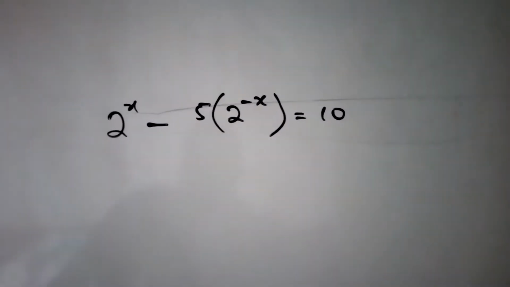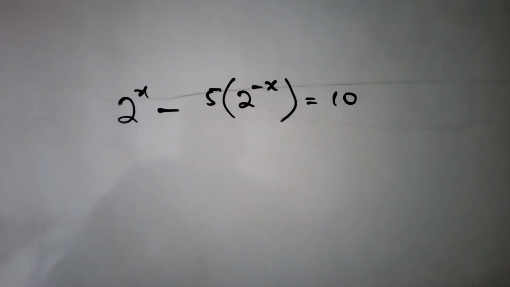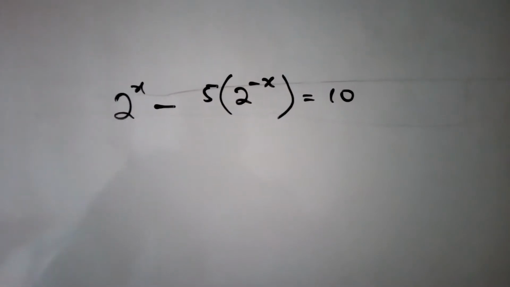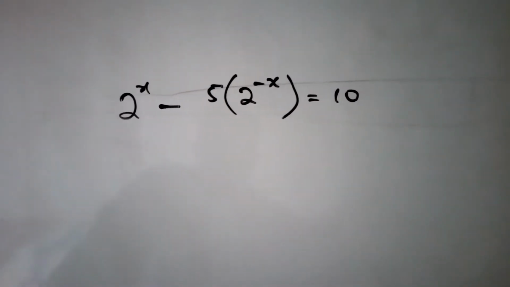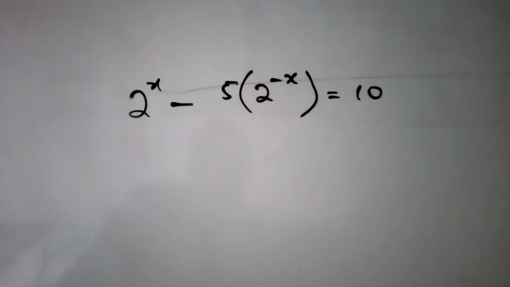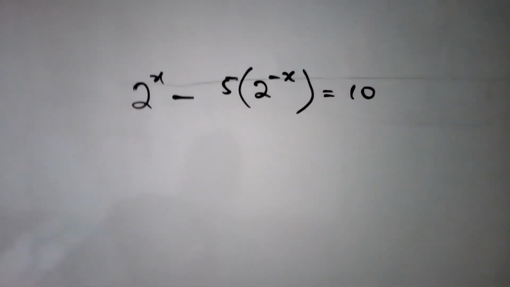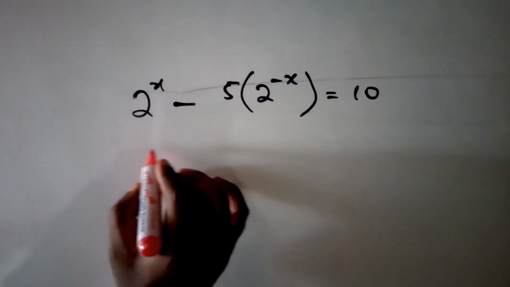So we have an exponential equation with the variable being x, the exponent being x, and we are supposed to find the value or values of x. So we start first by simplifying the equation we have, and according to the laws of indices, if we have